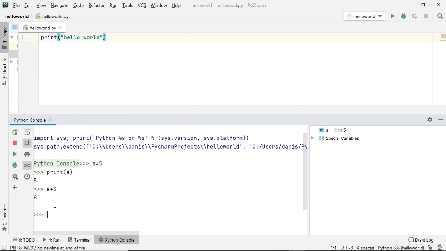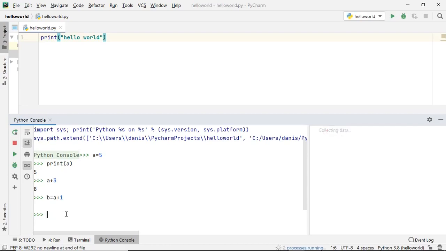You get it? Now you can have another variable. You can have as many variables as you want, and you can store the value of a + 1 in b. What will be stored as value inside b? 6 will be stored inside b. So if you see this side, a new variable will be created named b, which has an integer type, and the value stored inside it is 6.